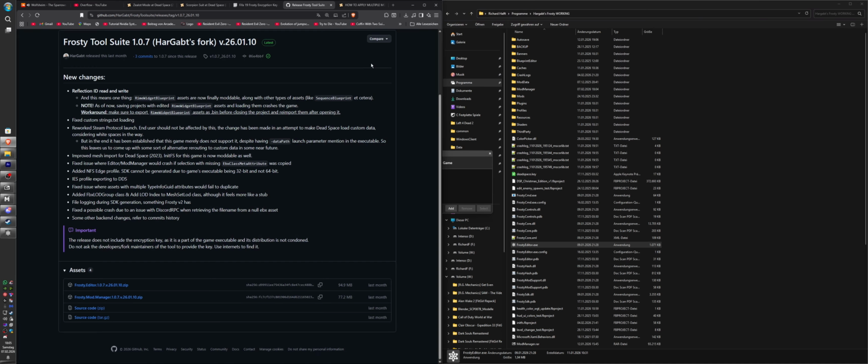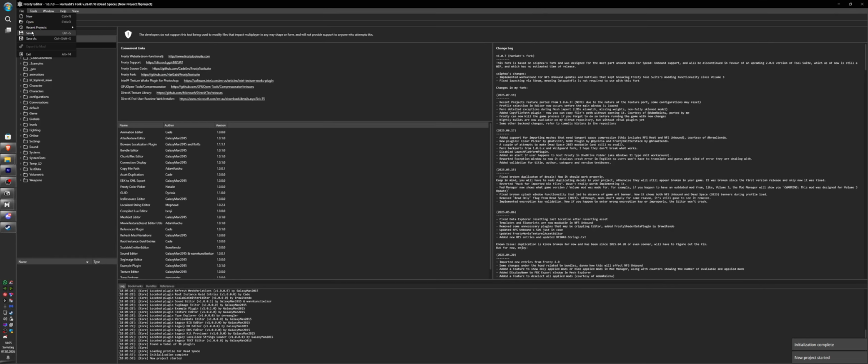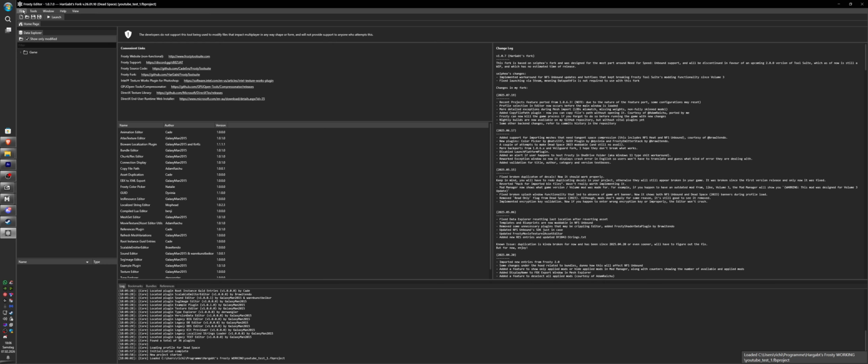Now this part of the video is for modders, but also if you have a project file. If you have a project file, for example a Zealot mod project file, and you want to make changes to it and compile it into an FB mod for use with Frosty Mod Manager, that is actually very simple. If you haven't already, you can download the editor from the fork again, extract it, and do the same steps as adding the game here, letting it create the cache. And now if I go to one of my projects, for example YouTube test, where I made a simple suit,